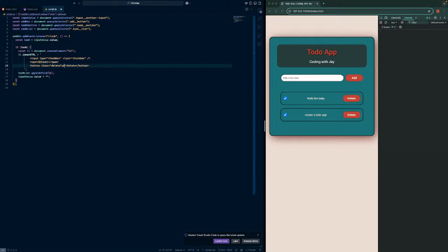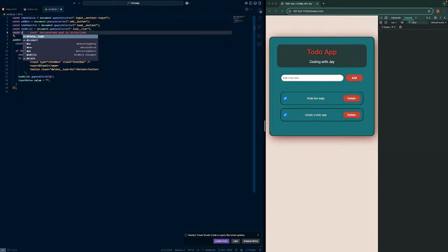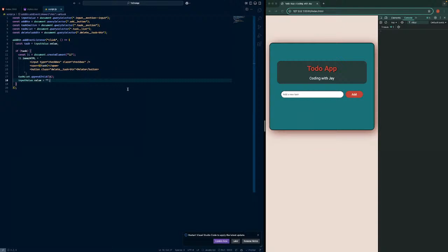So just name it better. Delete task button. Now I'll go ahead and grab that. Const delete task, that delete task button. Got it. So now we have